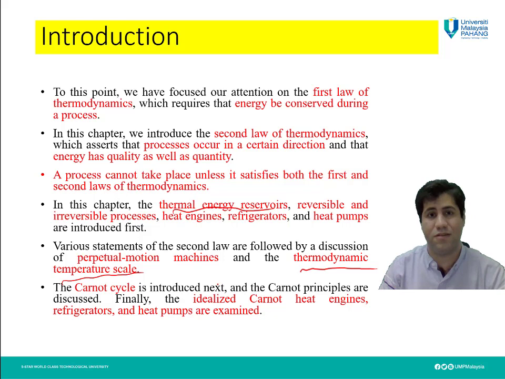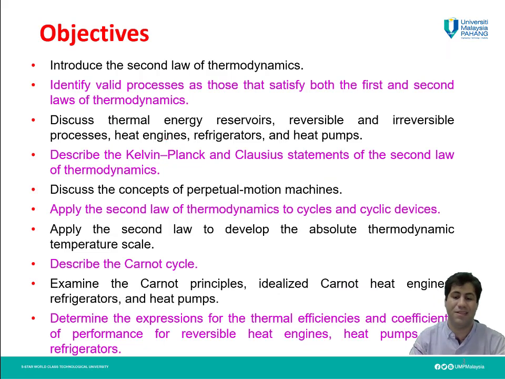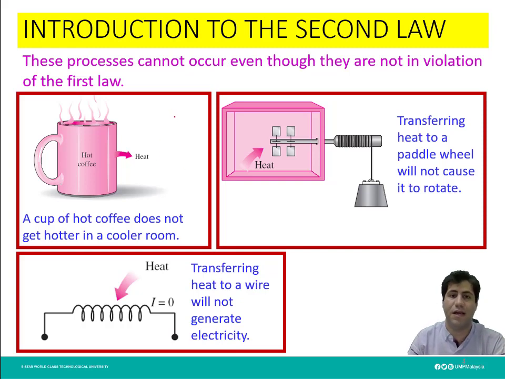At the end of this chapter, I will introduce you to the Carnot cycle, which is an idealized cycle, by which we can get the most possible efficiency from a cycle during different processes. So let's start with some examples. You can also see here some objectives of this chapter. These objectives are according to the outline which I mentioned in the previous slide. Let's see with some examples